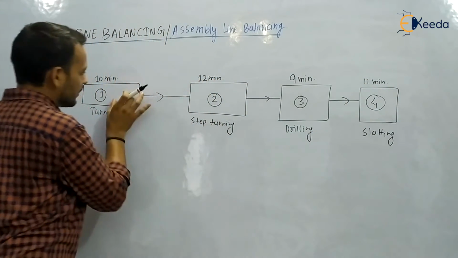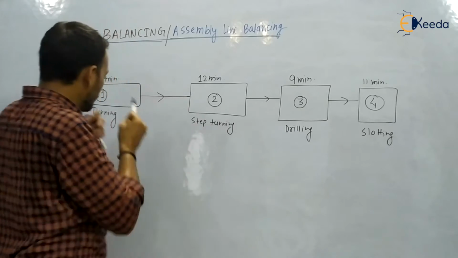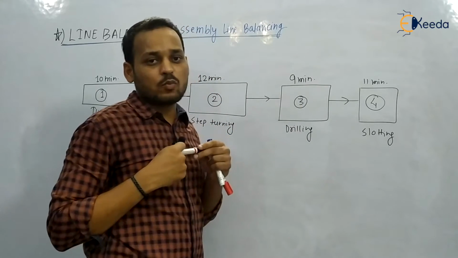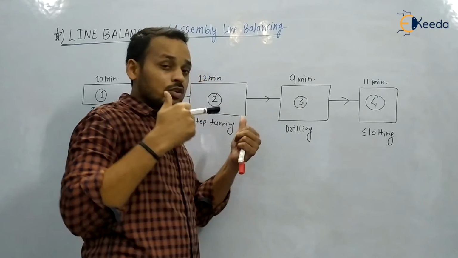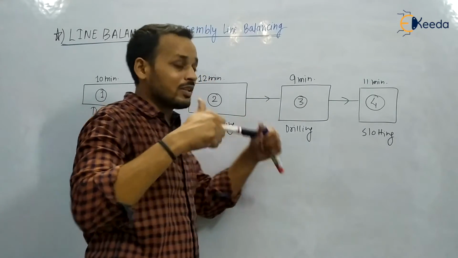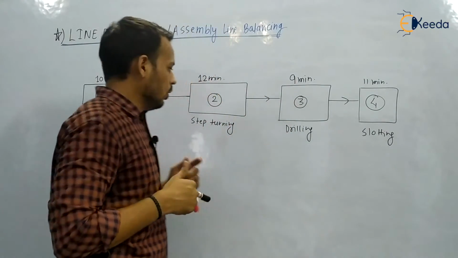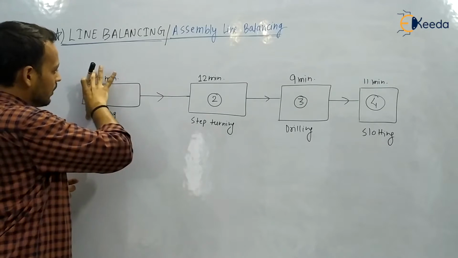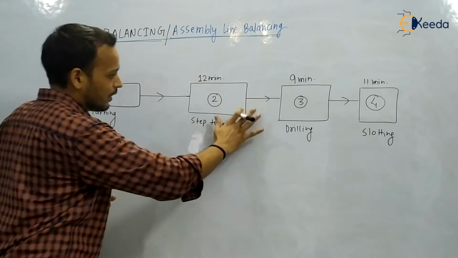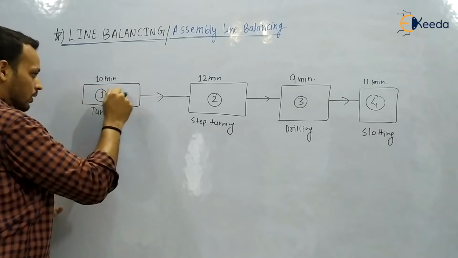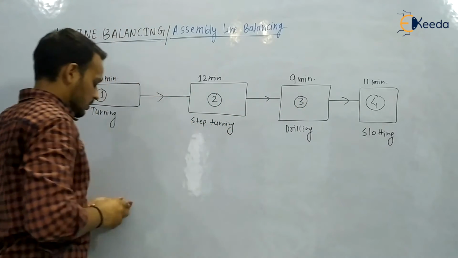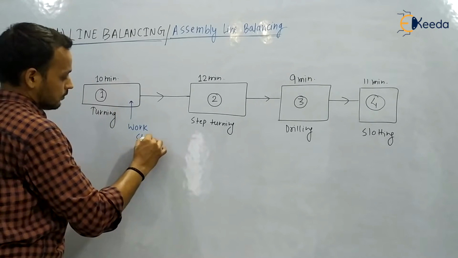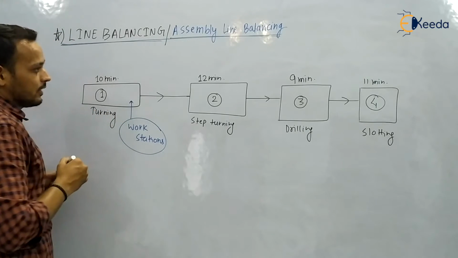So these are the different workstations in which we have grouped our different activities, so that unnecessary movement is reduced, and utilization of manpower and machineries can be maximized. Basically this is assembly line balancing, in which we group the different work facilities at different workstations.